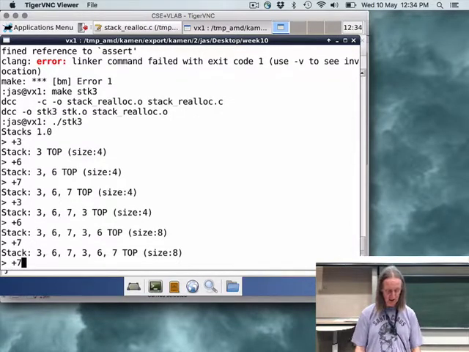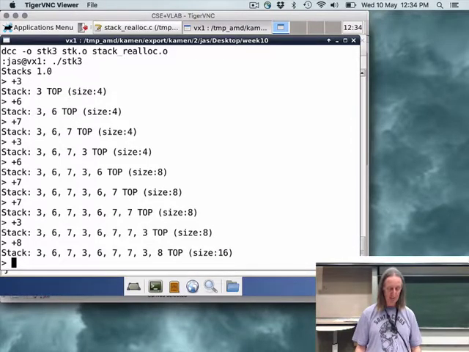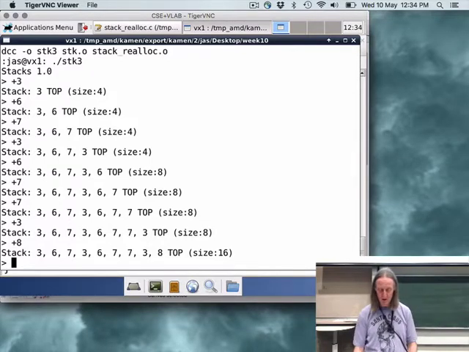I'm so excited, I'm going to have another go at expanding it. We've only expanded it once, maybe it's only going to expand once and it'll break. And we try to expand again, bingo. Okay, so now it's 16. And if I kept pushing and I never popped,